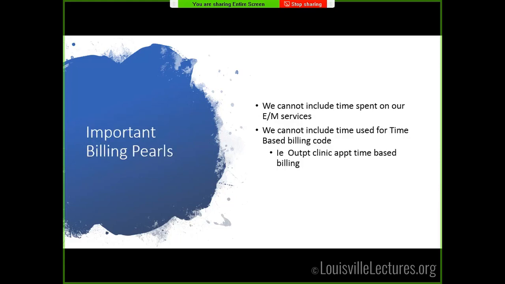And then just an important thing to keep in mind is that if we do have a time-based billing code, so if we are billing on time rather than the other parameters of that visit and that E&M service, then we can't include the time that we spent for billing the primary visit with the advanced care planning code. So if we spent 30 minutes talking to the patient about their diabetes and hypertension, and we spent another 30 minutes talking with them about their advanced care planning, then those are the two separate time frames that we're going to have to use.